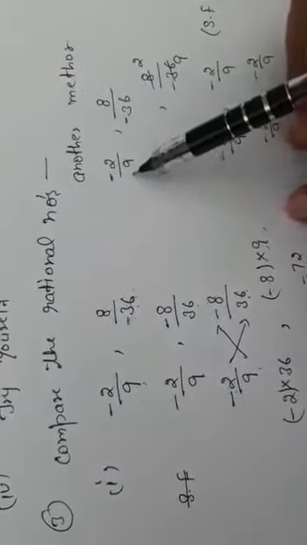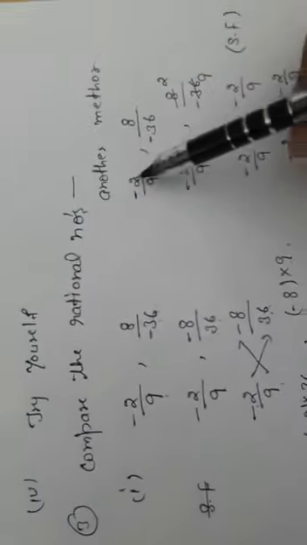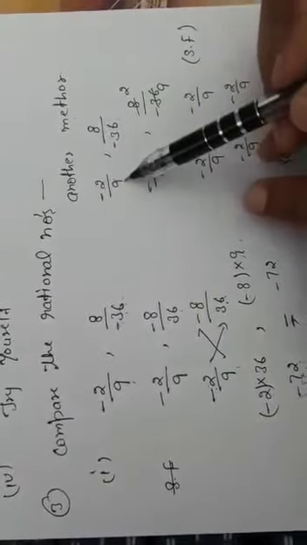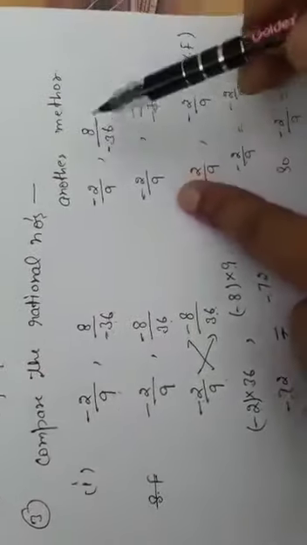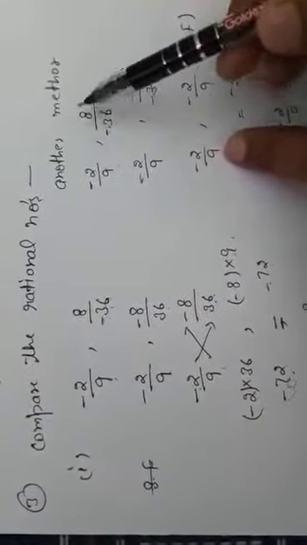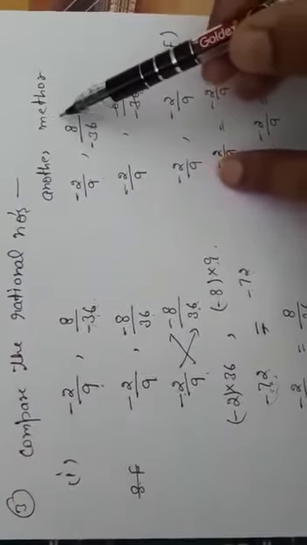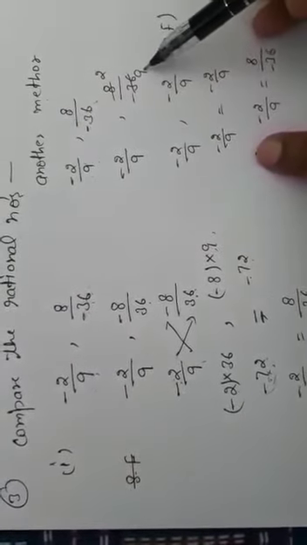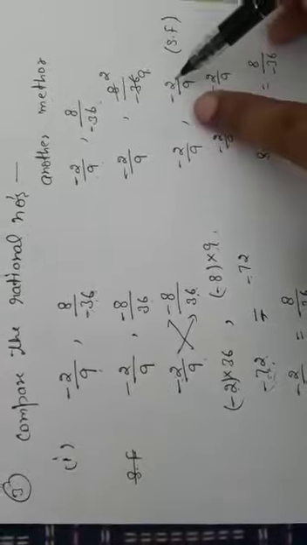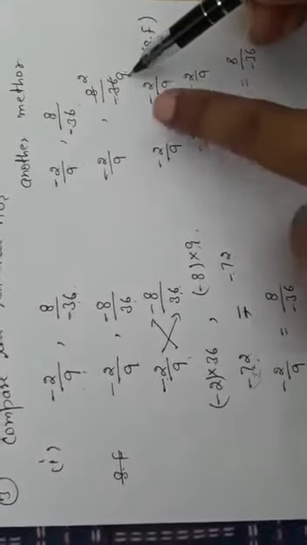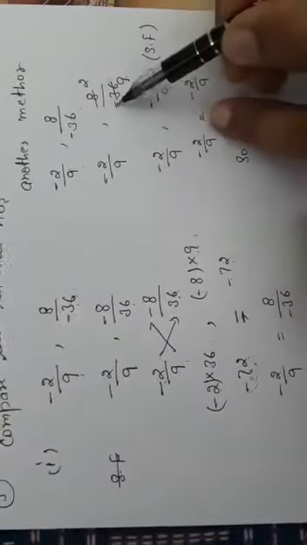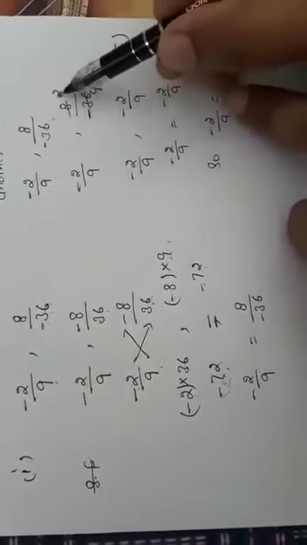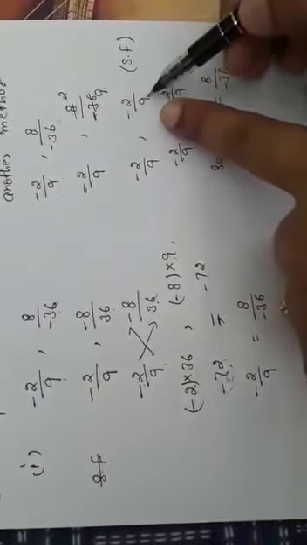Why? Because here is no sign with the denominator and 2 and 9 we cannot cancel on a single table, so it is already in standard form, so we will write it as it is. Now here you can see that 8 and 36 can be cancelled on the table 4, so we will cut it on the table 4. 4 2 ja 8, 4 9 ja 36, so it will become now 2 by minus 9. But according to standard form we also have to change the sign of denominator, so we will take this sign with numerator, so it will become now minus 2 by 9.